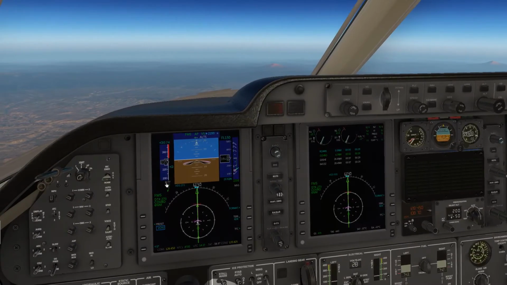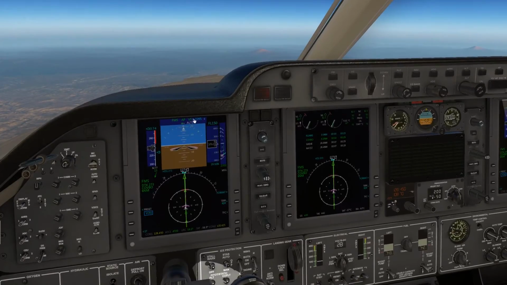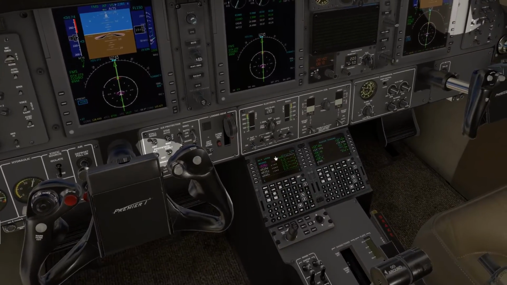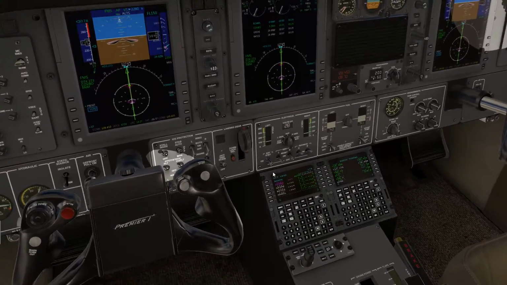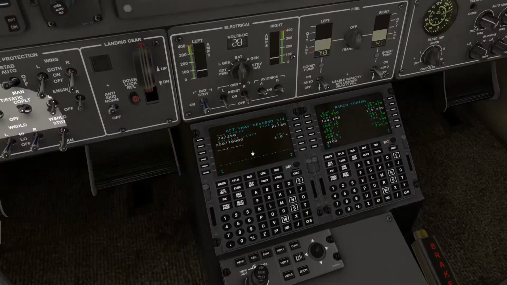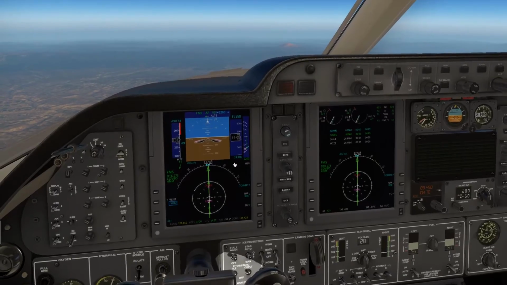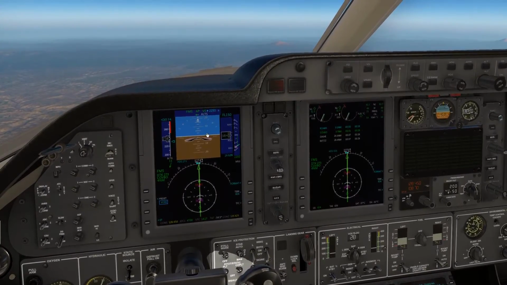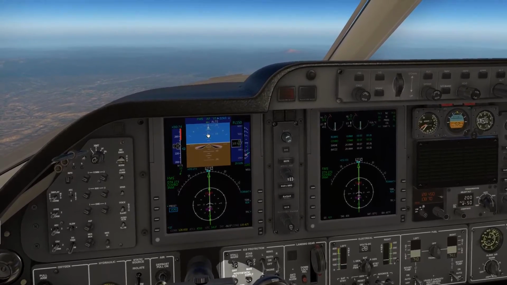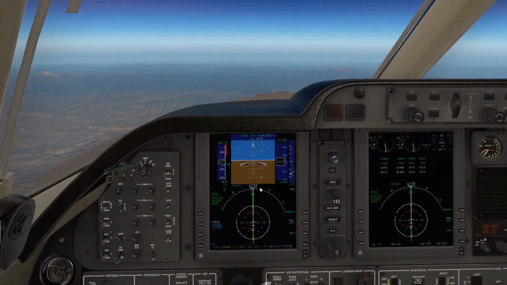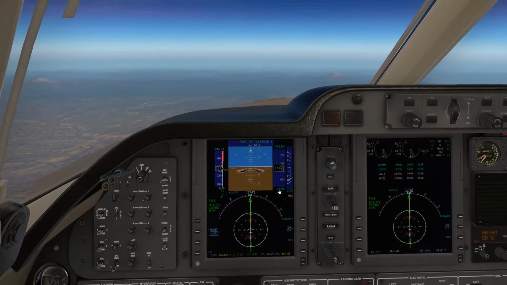Well, even more, 0.77. It will adjust the vertical speed based on that 3-degree descent that we specified in here. So you'll see that the VNAV is active. It's following that 3-degree descent angle, vertical path angle, and it will adjust accordingly. So if we slow down, which we should be doing, you'll see that the VS is also lessening, because the slower we are